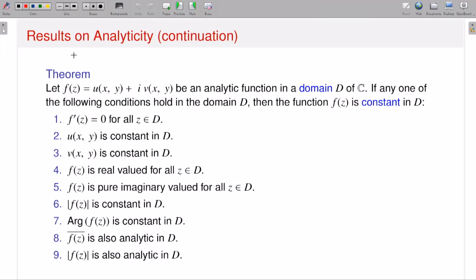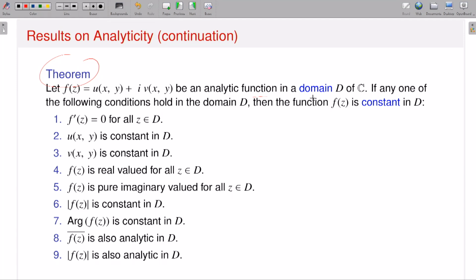Now, I put it as a theorem. So these are the properties. So what is the theorem? The theorem says that if I have a function f, of the form u plus iv, which is an analytic function defined on a domain, meaning an open connected set, then if one of the following conditions is true, you do not have any other choice unless your function has to be